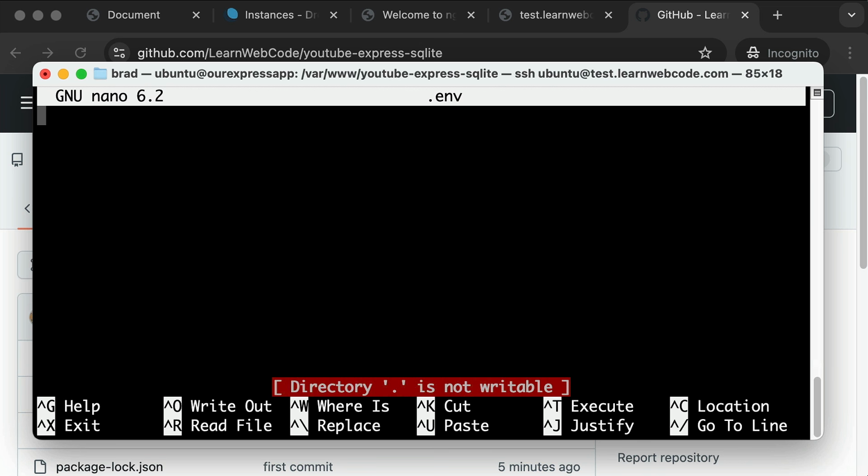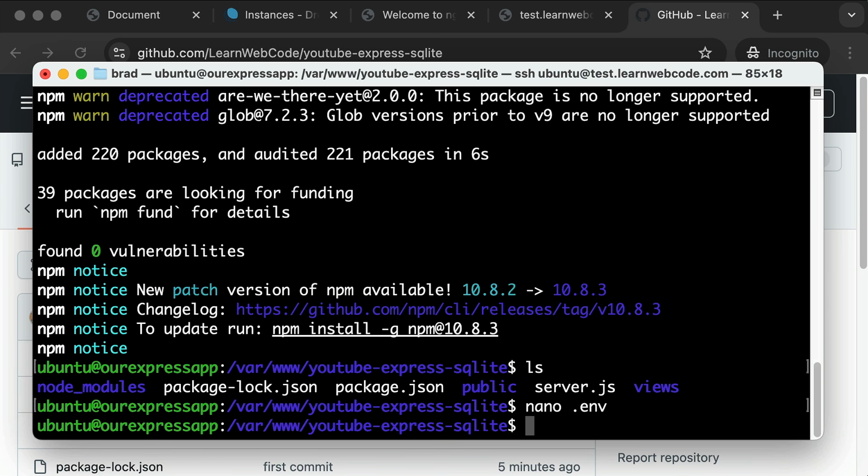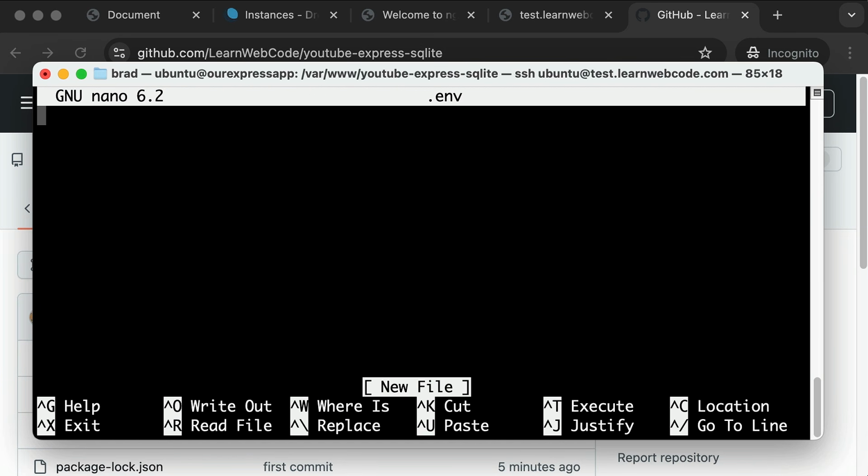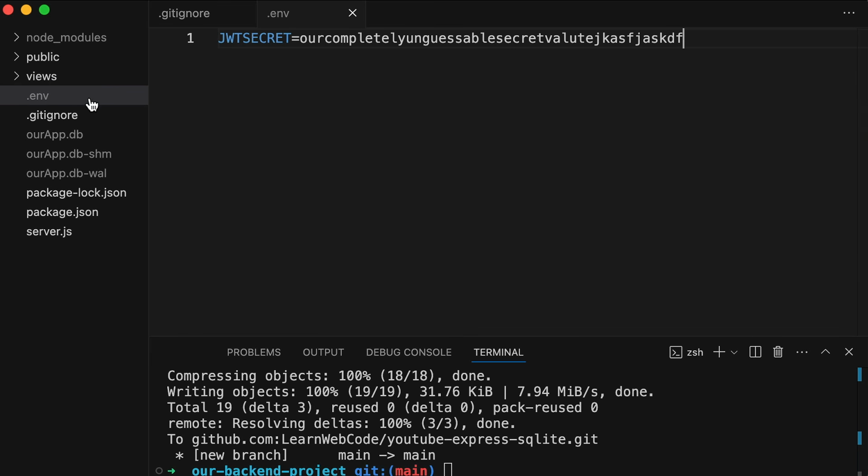And you know what, I led you astray, I forgot sudo. Let me close out of that. We're gonna probably want sudo nano .env. All right, in this file, you would just need to have, if you look at your file on your personal computer,